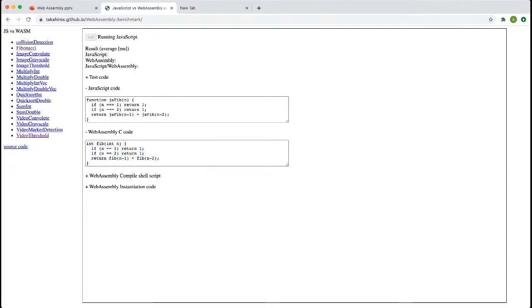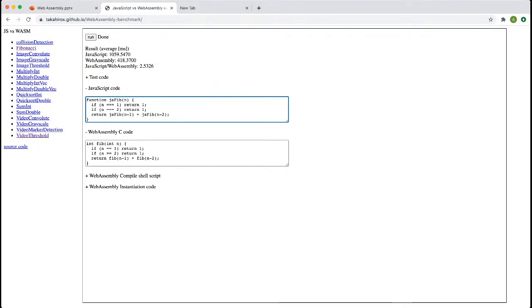Now we'll wait for some time to get the results. With JavaScript, it is consuming 1059 milliseconds, and with WebAssembly it is taking only 418 milliseconds. So WebAssembly is almost 2 times faster than JavaScript when we are doing a mathematical conversion.